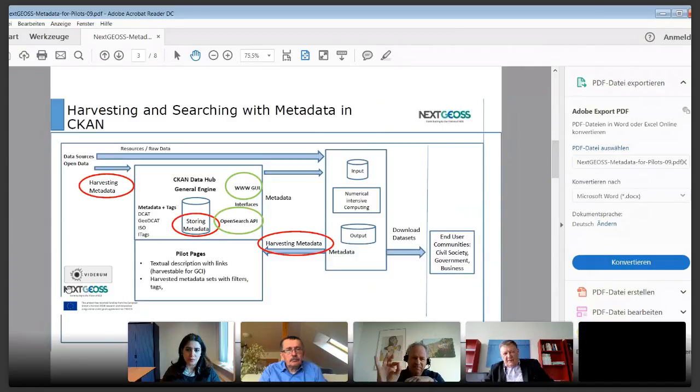So here we see the data flow in the data hub of NextGeos, which is realized here with the data hub from CKAN. And we are harvesting from data sources, mainly from the Copernicus and Sentinel missions, satellite data, but there are also some others. And in the first step, we are harvesting metadata, putting it into a metadata catalog in CKAN, a database, and then you can search in this metadata